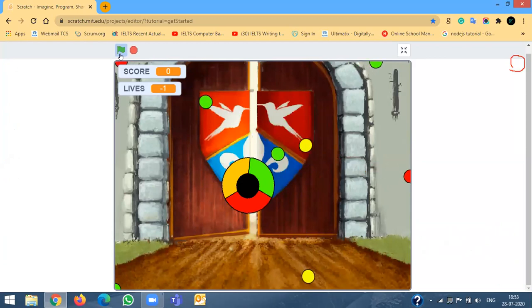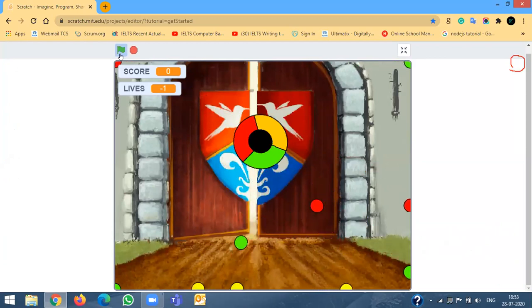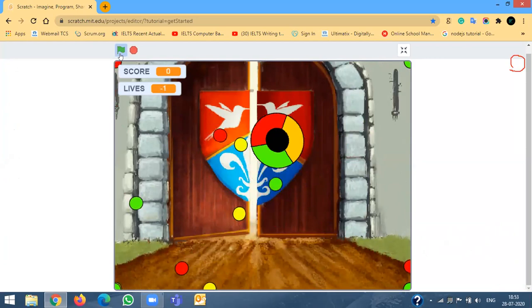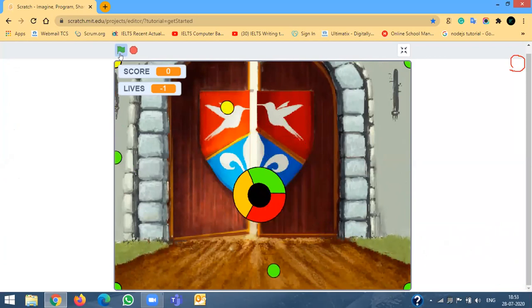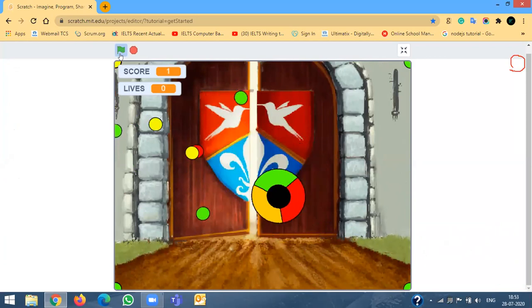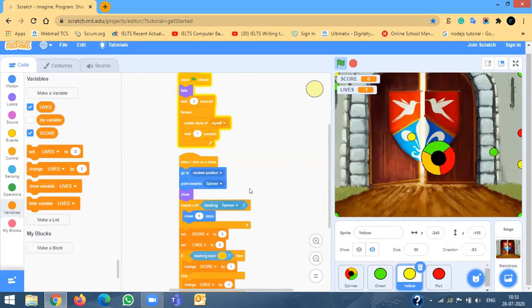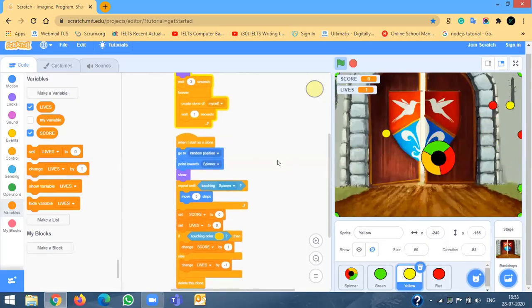So then the colors of the balls will also be different. How will it be different? Sir, one second, can you show me the code? For everyone, the code is the same, right?